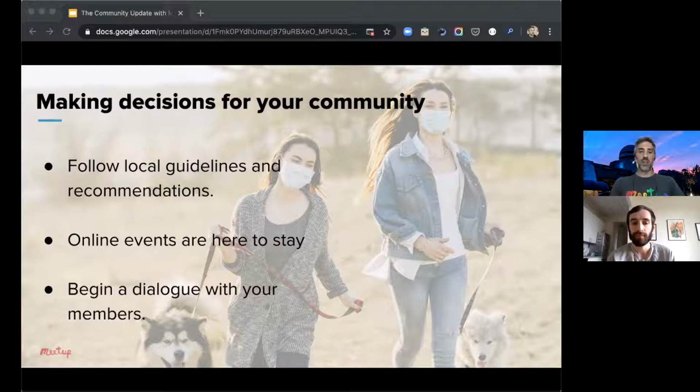Meetup is here to help, so we're not leaving this all to you with no assistance, and we're creating resources to share with organizers for making the transition back to in-person events as seamless and as safe as possible. But I want to stress that we're looking to your local guides to understand where that line is. And I wanted to also reiterate that online events are here to stay. So where those are working, keep doing them. We love to hear about how those are working and how you're thinking about using them as you begin to host in person again. So we're going to create a short survey that you can share with your members to get their take on this.